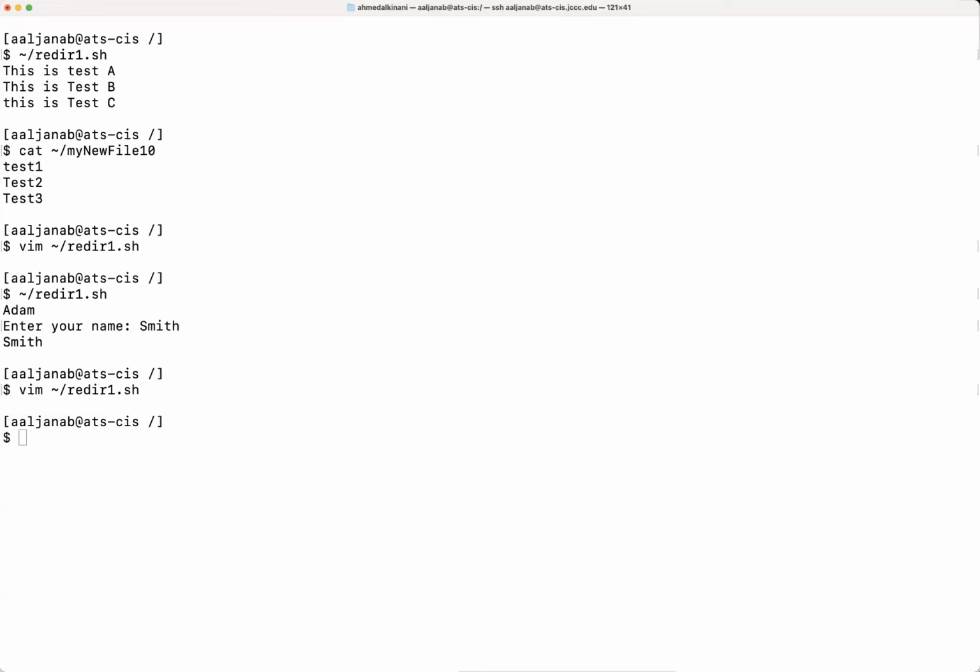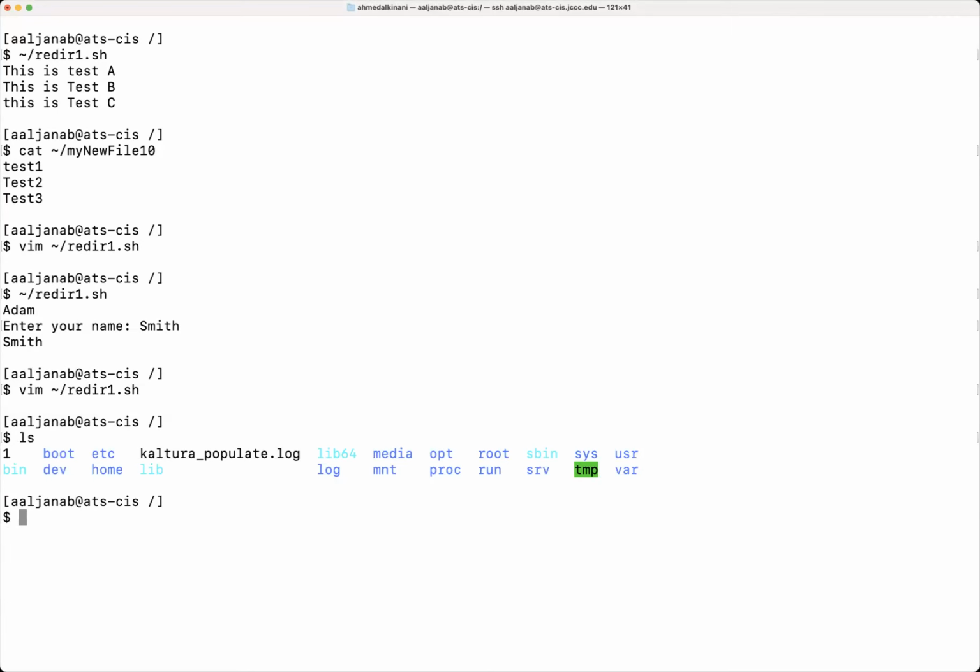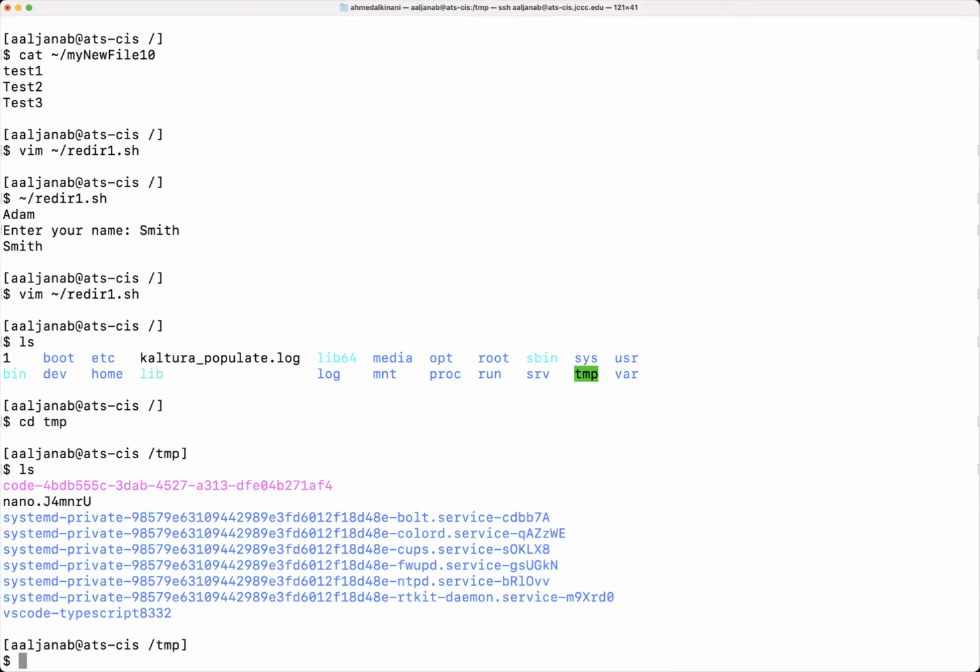So let me just show you what I mean by that. Oops, I'm typing in the chat box. Here we go, ls. So let's see here. We've got the tmp directory. So if I change directory to tmp, and if I type ls, you can see here this is what's inside it. Now it looks really different compared to all the files and folders that we created in the past. So let me show you how I create a file, and let's see if it's going to be sent to this directory. So let me just get myself out.